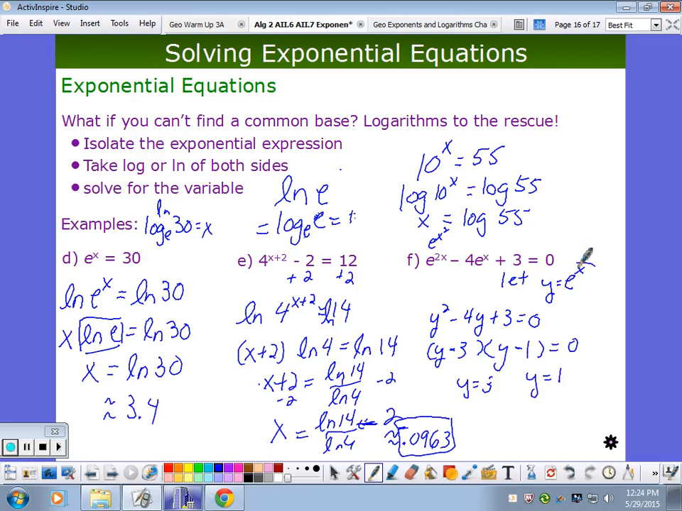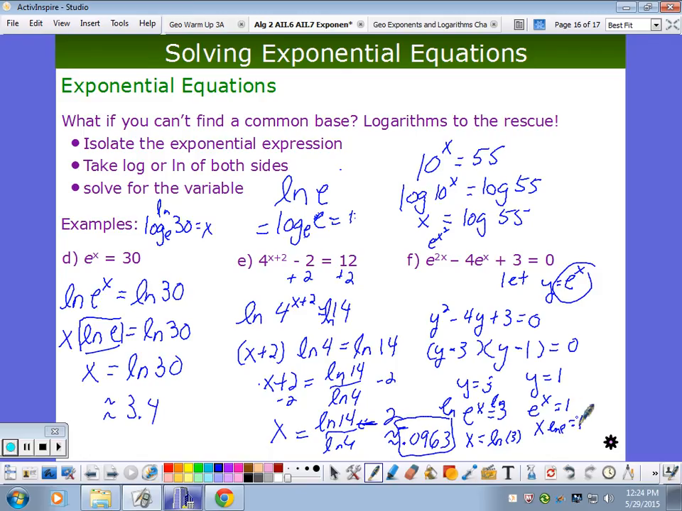Except what's y? e to the x. So e to the x equals 3, or e to the x equals 1. So take the log of both sides, right? So if I take the ln, this says that x equals ln 3, because ln e is 1. And this says that x ln e equals